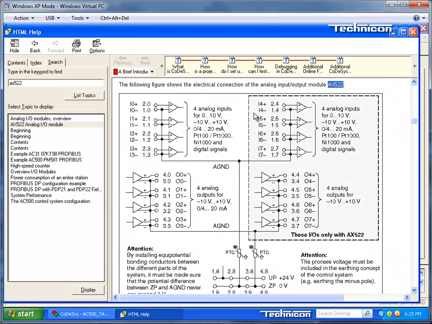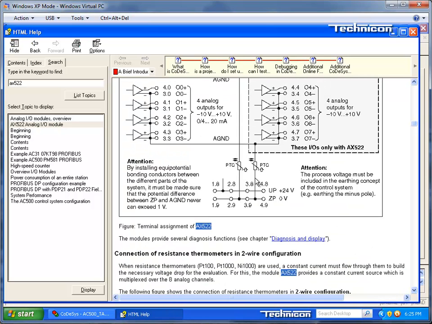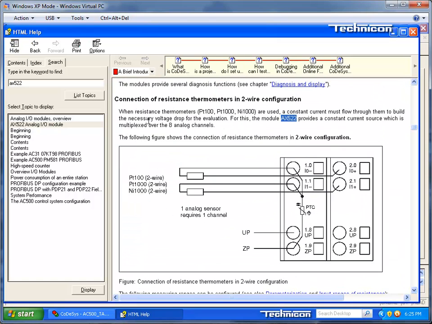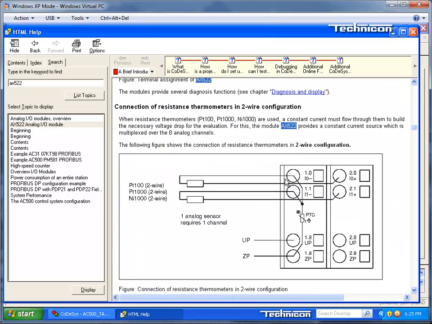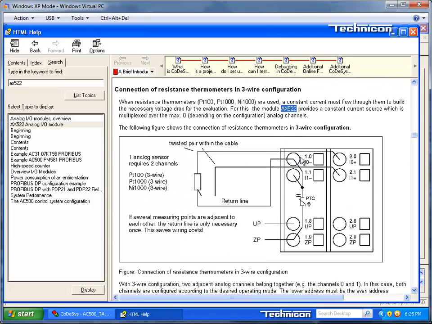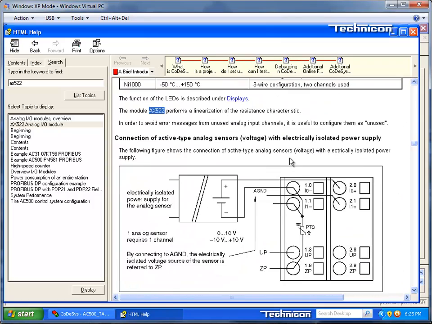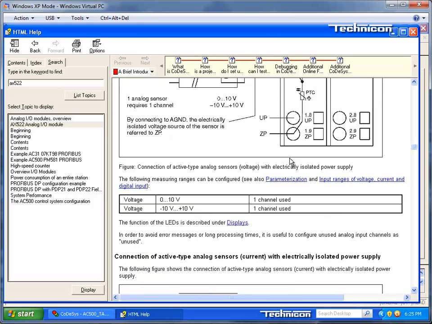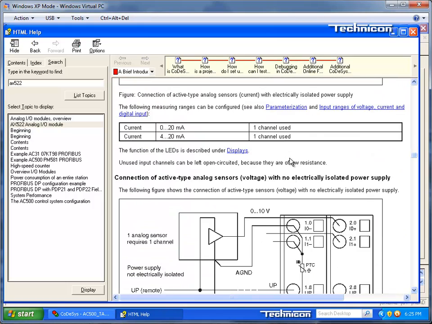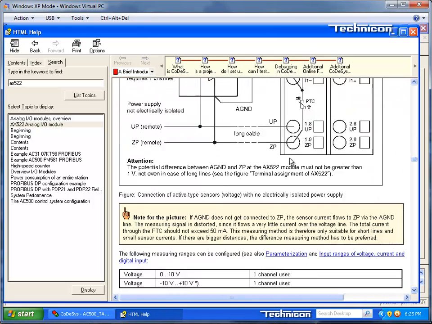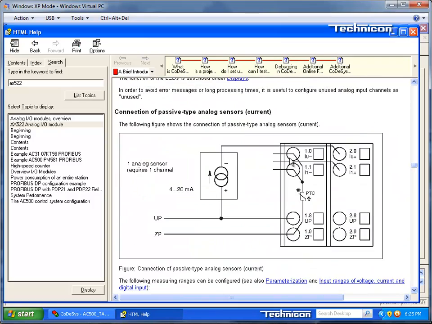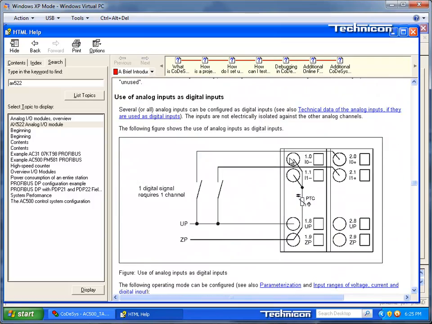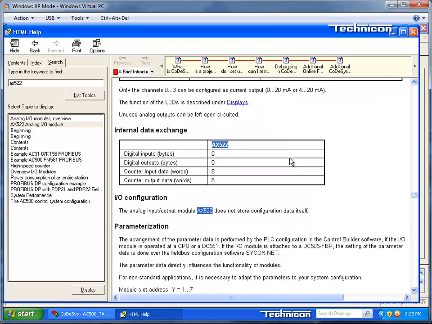Here's your terminal layout. Internally shows where the grounds are connected together, the commons, and how they're interfaced to the supply. Now here's the connections for each type of input, so you're not left hanging with any particular type of input. You see that a sample is shown here on exactly how to wire that type of input to the analog channels. Pretty nice. So nothing spared here,